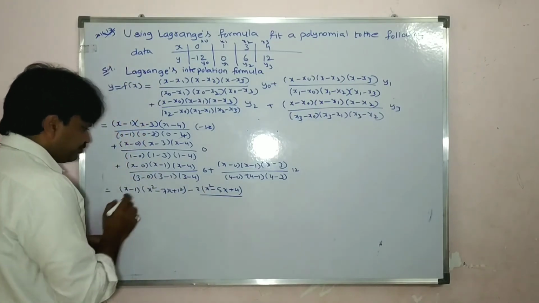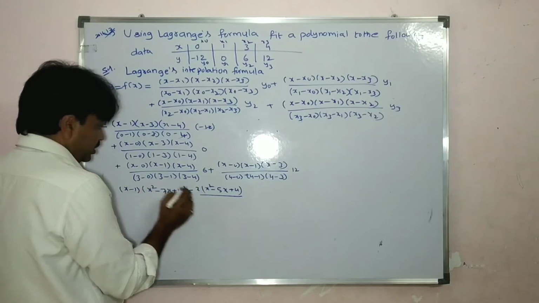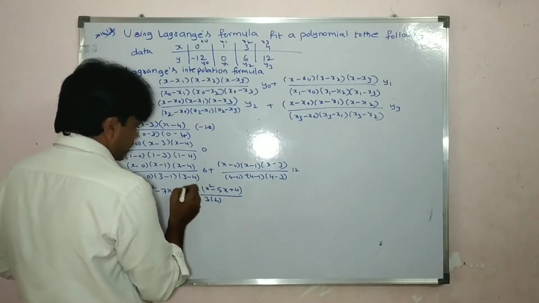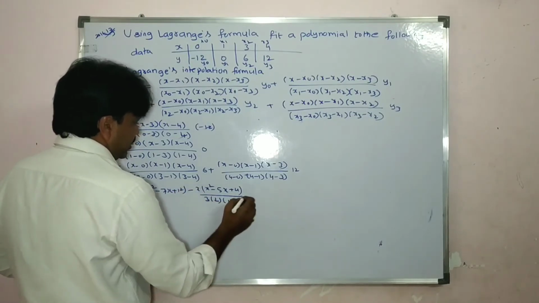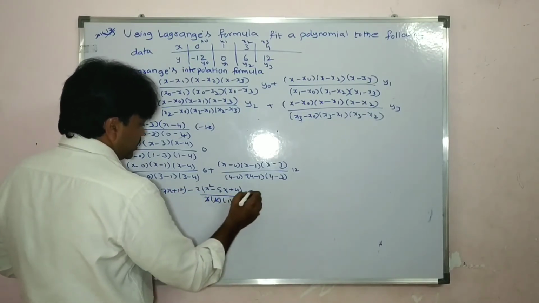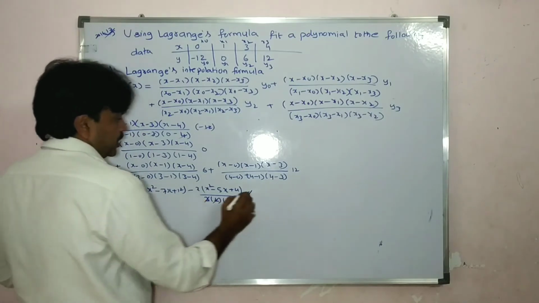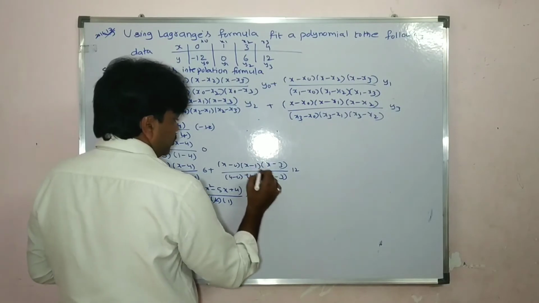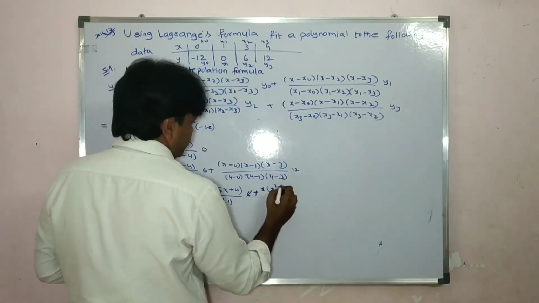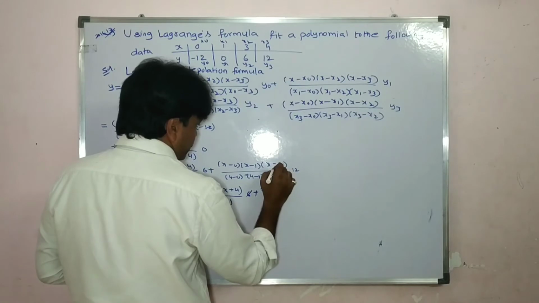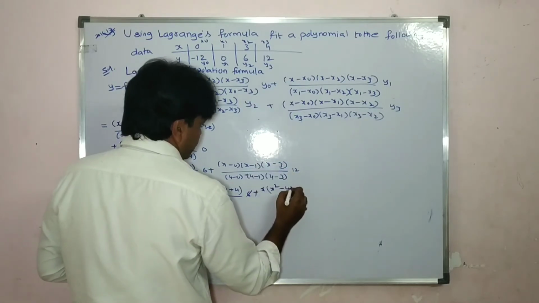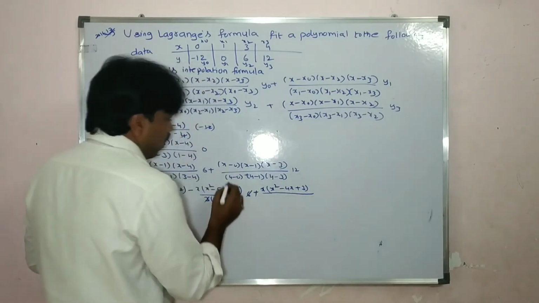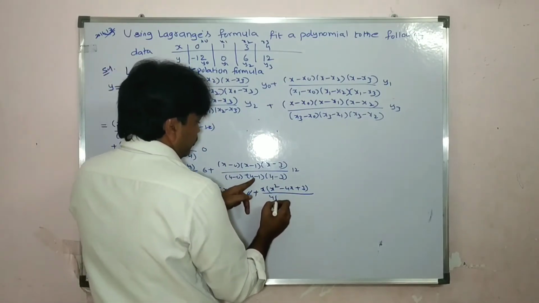see here, 3 minus 0, 3 minus 1, 2, again 3 minus 1 means we get here already a minus, so we get 1 into 6, see 3 2s are 6, 3 2s are 6, plus x into, again multiply here, x into x, x square, x minus x into 3, minus 3x, minus 1x, so minus 4x, minus 1 into minus 3, plus 3 divided by, we get here 4 minus 1, 3,